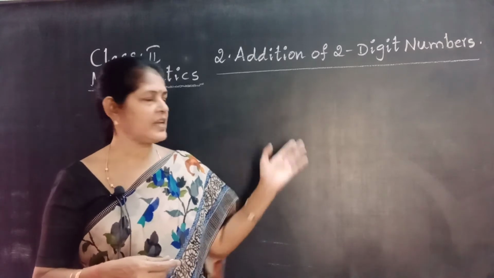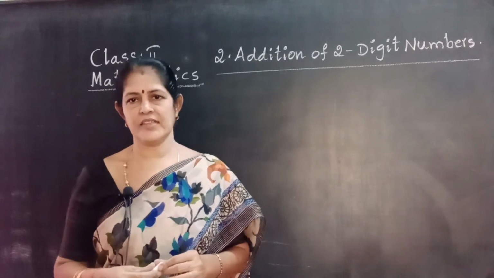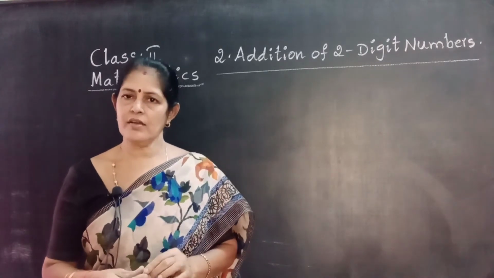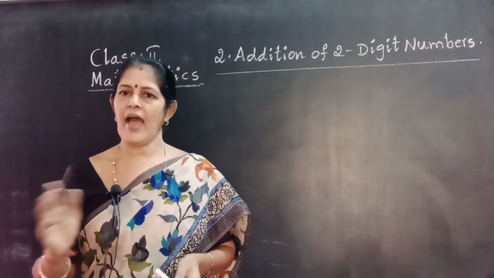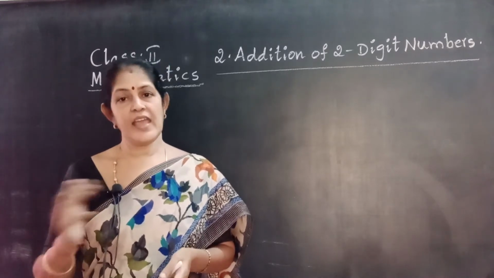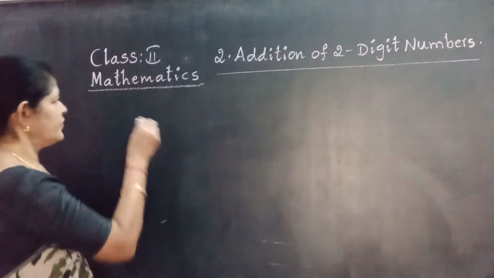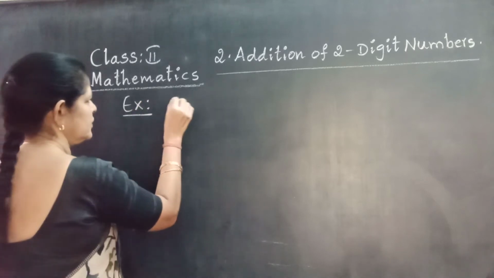Next one, today's class: verify the addition. First, we are going to recall all. Number plus 0, same number. Number plus 1, next number. We add any numbers, 2 or 3 numbers, in any order, we get the same total. Very good. First I am going to show examples of all.